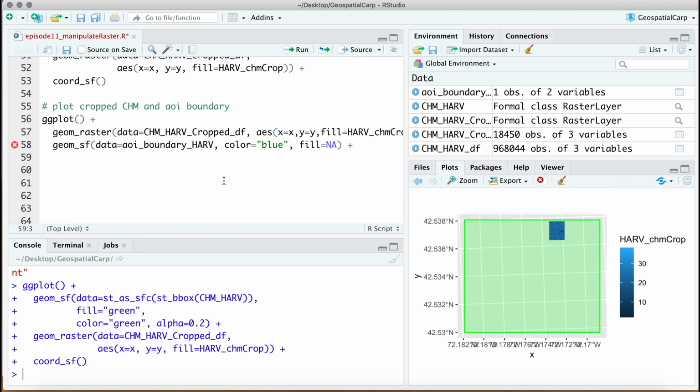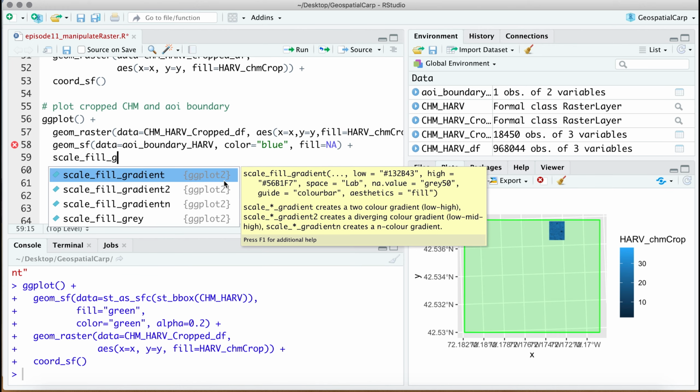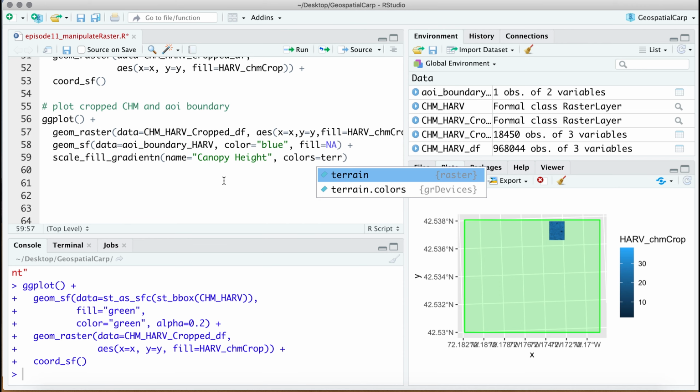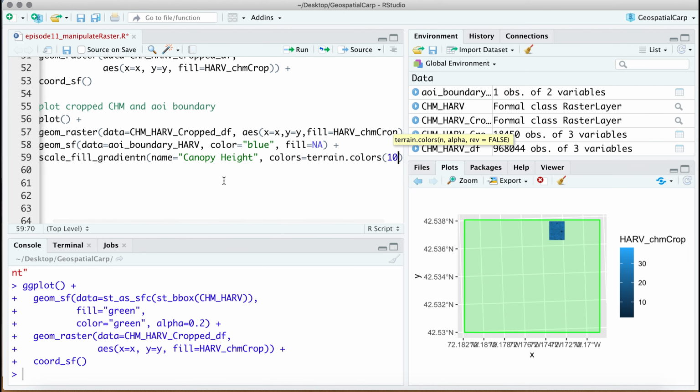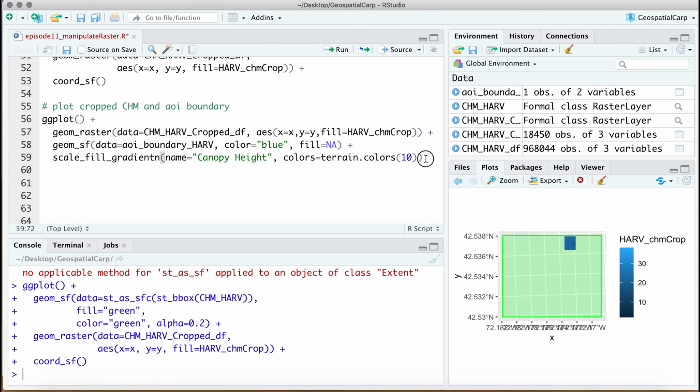terrain colors. So type scale_fill_gradient, and don't forget the n. So just like the s before, don't forget the n. Open parentheses, type name equals, open quotes, canopy height, outside the quotes, comma, colors equal terrain.colors, open parentheses, 10. So now outside of those full set of brackets, we'll hit the plus sign, and then we'll finish our plot